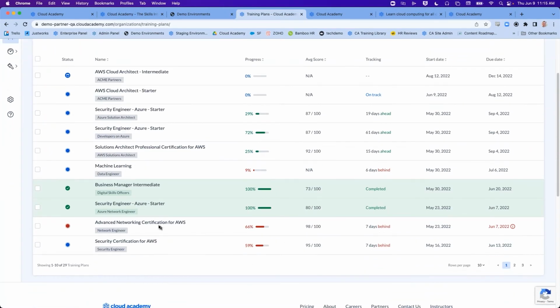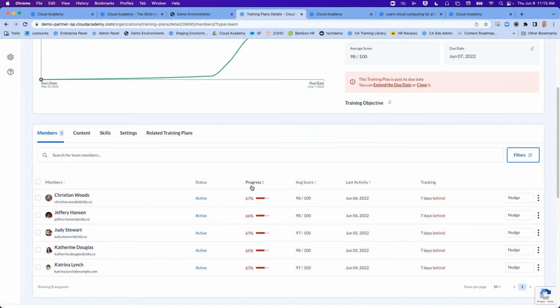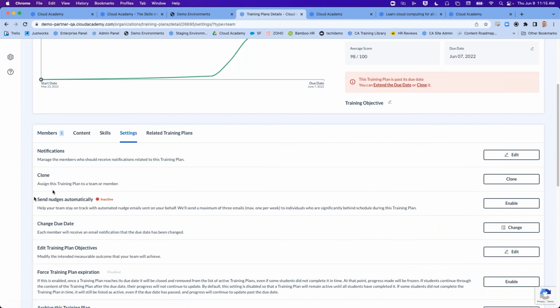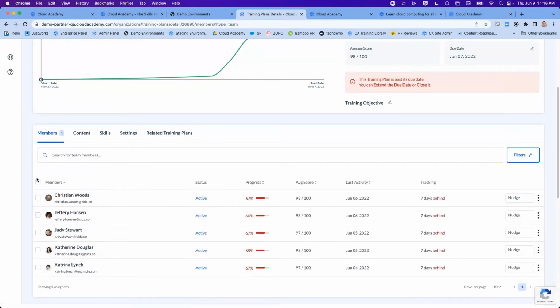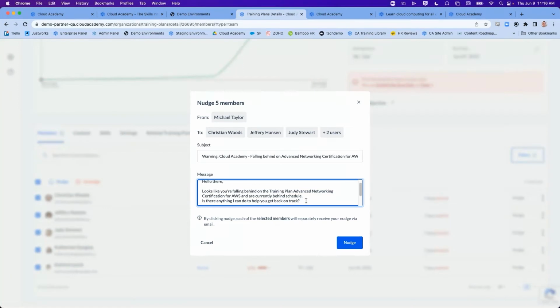Now, this is very far from a set it and forget it. Should your end users start to fall behind, administrators and managers alike will have access to individual user progress, along with how they're tracking against that deadline that was set. Our platform will, if you decide to leverage them, automatically send up to 3 nudge emails as they fall behind. But I can always come in here and send a nudge to an individual member or an entire team. But at this point, the email will be coming directly from me, and I get to completely customize the verbiage and be as kind or direct and blunt as I need to be to get my users back on track and into the platform.